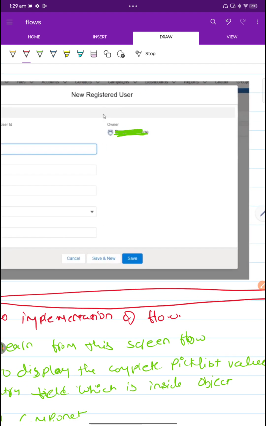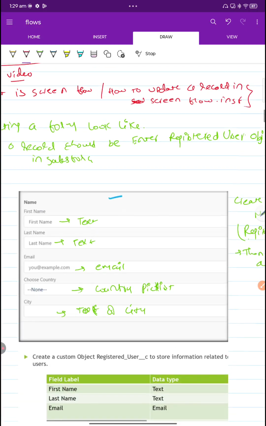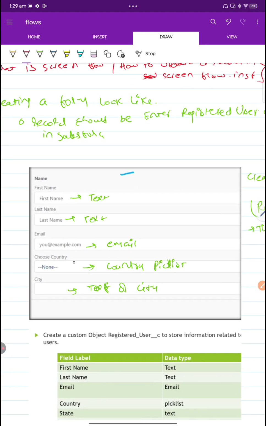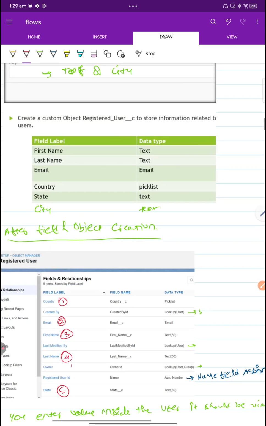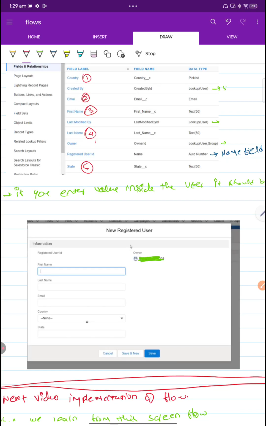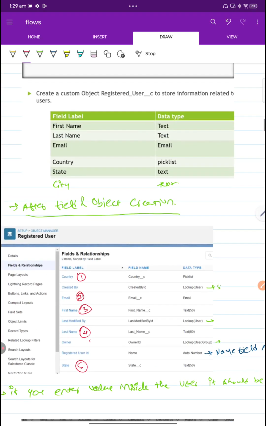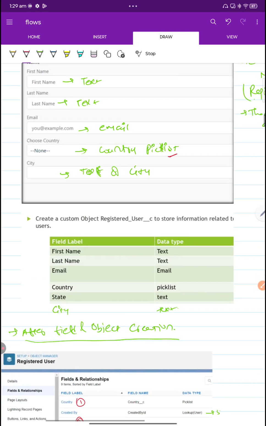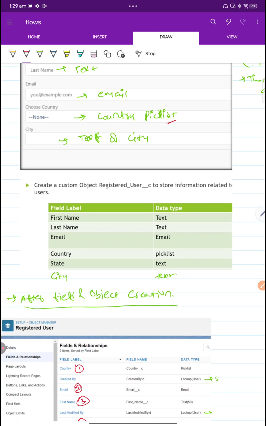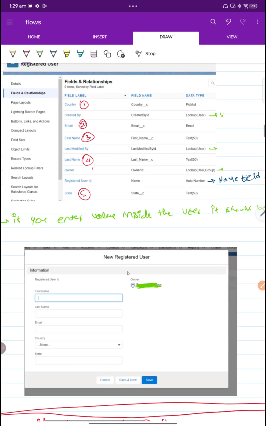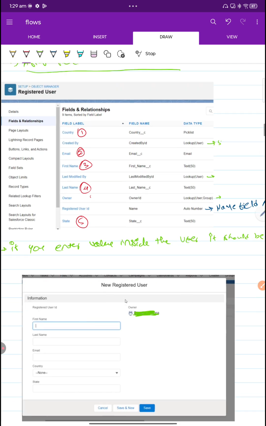When we created the screen flow, I put a pick list there. Whatever values are inside the field of the object, that same value should be visible inside the pick list. First of all, a good thing I will learn from this is how to fetch a pick list value of a field